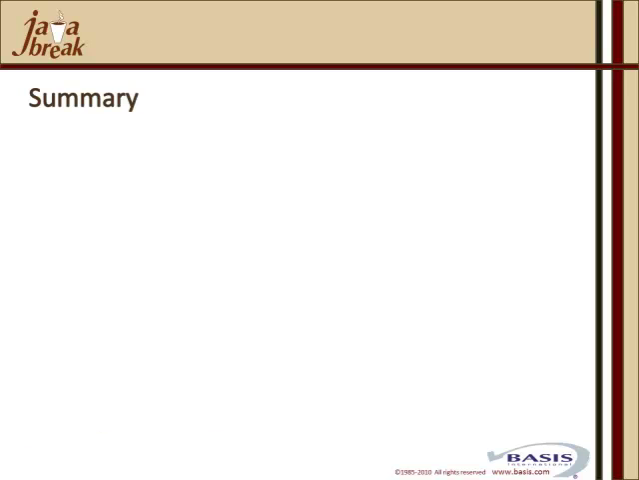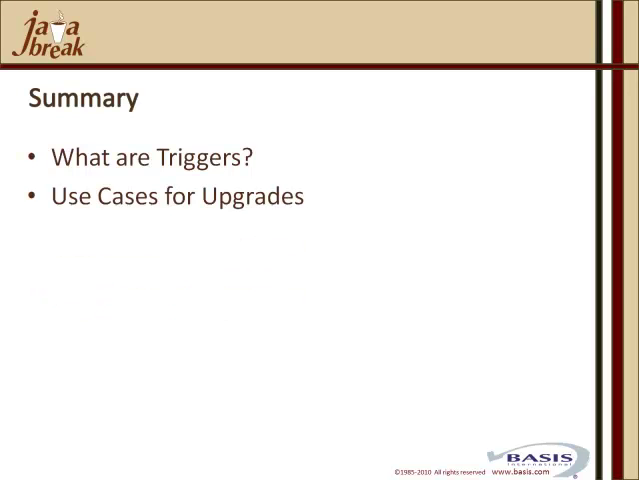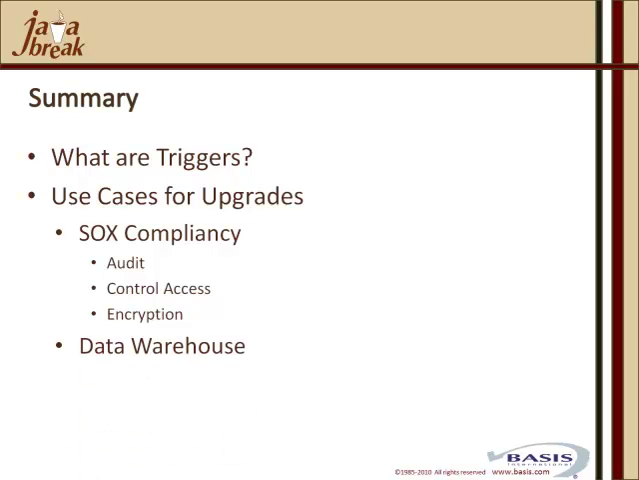So in summary, what have we covered today? We've looked at a discussion on what triggers are, what they can do. We've looked at some good use cases for those triggers that'll facilitate some easy upgrades to your application. We've looked at providing Sarbanes-Oxley compliancy in the area of auditing transactions, controlling access to the data, and providing encryption on disk. We've looked at a simple data warehouse type solution, giving you examples of how that might be implemented